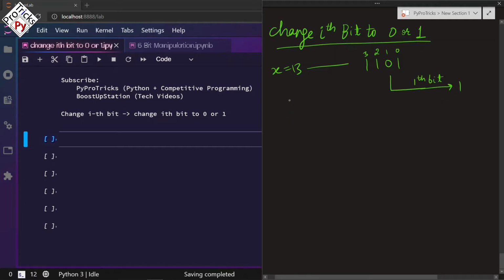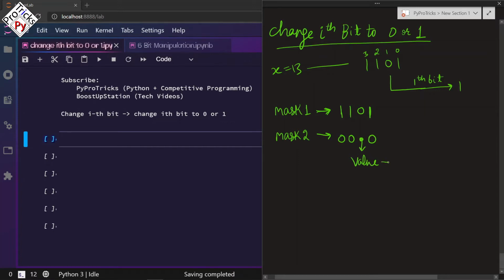So the procedure for this is we will be needing two masks, mask 1 and mask 2. The mask 1 will contain 1 at all of the places and 0 at the ith position. And the mask 2 will contain 0 at all other places and the value at the ith position.